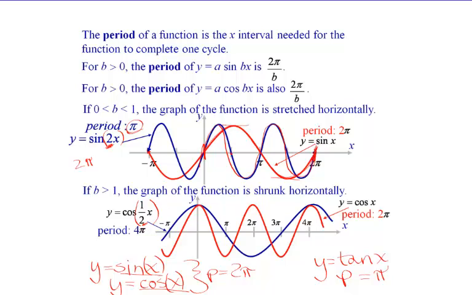That's going to give us more zeros. So yes, anything that is affecting how quickly we're traveling around that unit circle and going from 0 to 2 pi is going to affect the period